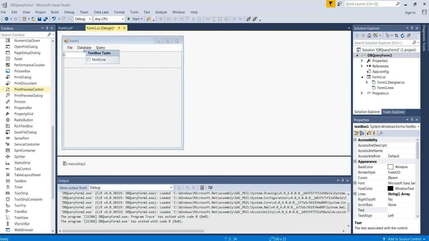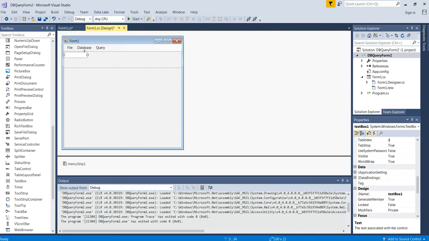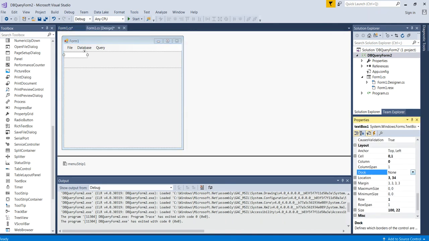So if you think back to what we did, we took this layout and we docked it in the form. We're going to take this text box. It's got focus, so we can come over here on the right and we say, well, when it comes to this, let's come down to dock. How do we want to dock it? We want to dock it the same way that we docked our layout. Okay? So now we've docked this thing, and it's taking up the whole